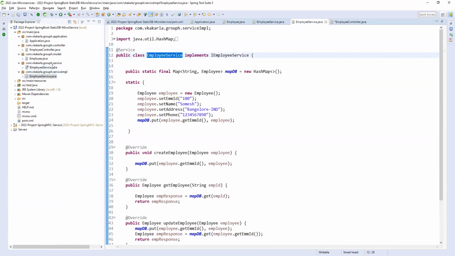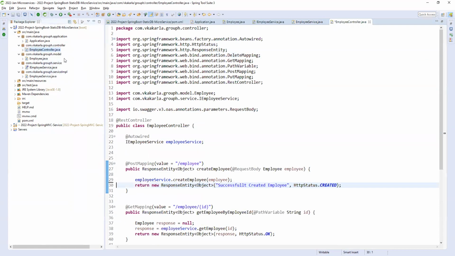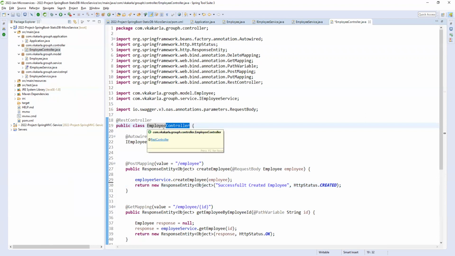So coming to controller, you need to define @RestController. Then only our Spring container will recognize your class as a controller. So why are we giving a controller? By naming convention, you can give directly employee1 or 123, no issue. It will act as a controller only. But it is a naming convention, right? By seeing this controller name, you know, right? So that is the reason we are naming it employee controller.